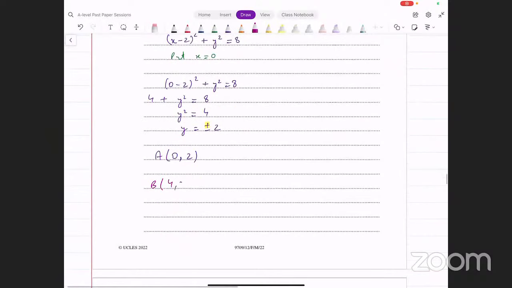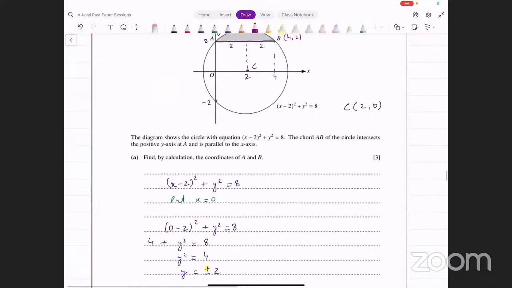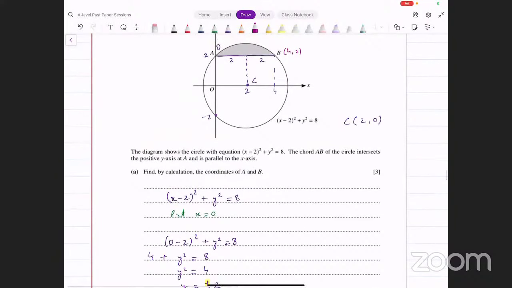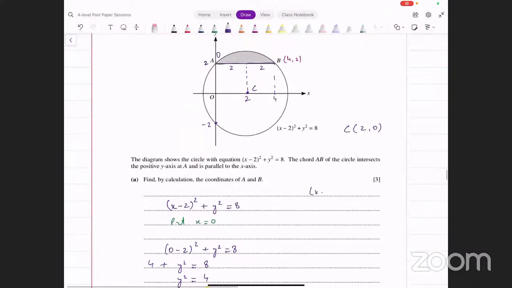इस पे सिर्फ आंसर लिखने का मार्क होएगा आपका, 4 2 ये आपके b के कोऑर्डिनेट्स आ गए। This is one way to do it, but of course if you don't get that reasoning, if you don't figure out that reasoning during the exam, आप क्या करोगे, आप x minus 2 whole square plus y square equals 8 के अंदर